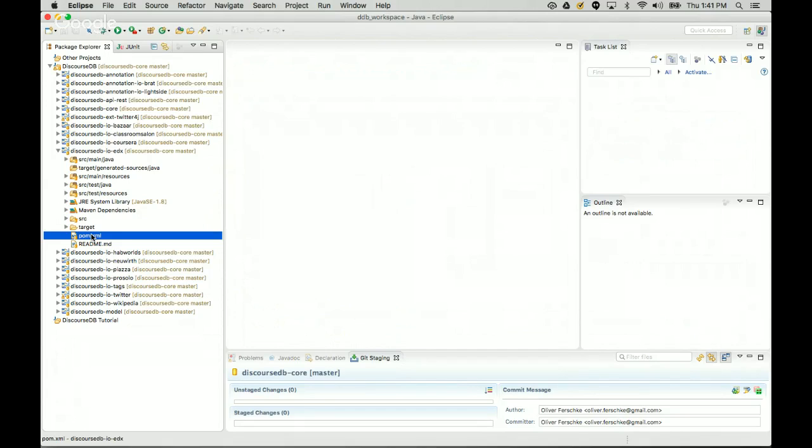POM stands for project object model, and that's the main component for you to tell Maven how this project is set up. So how this module relates to other modules in your code base, and how this module relates to external resources. Let's have a brief look at that. So I'll double click the POM XML, the project object model, and